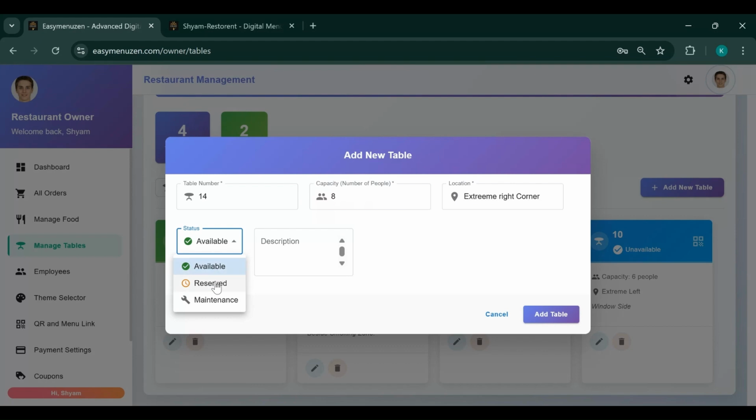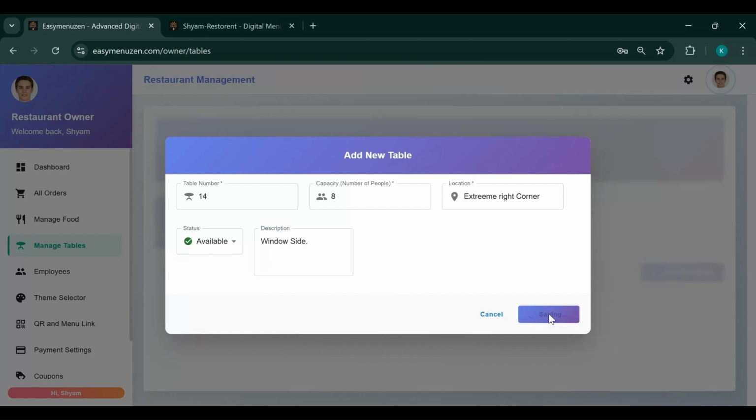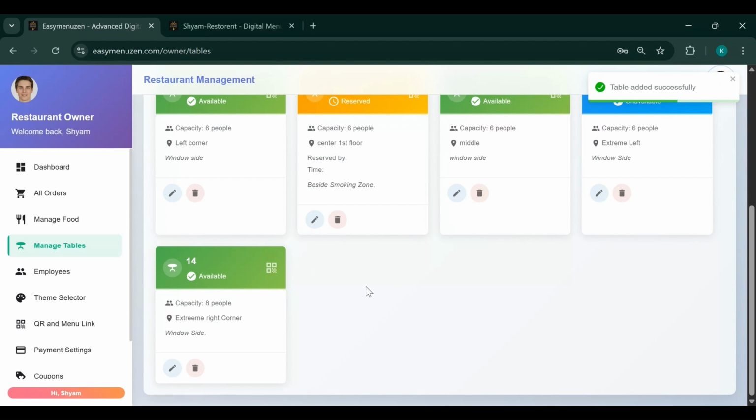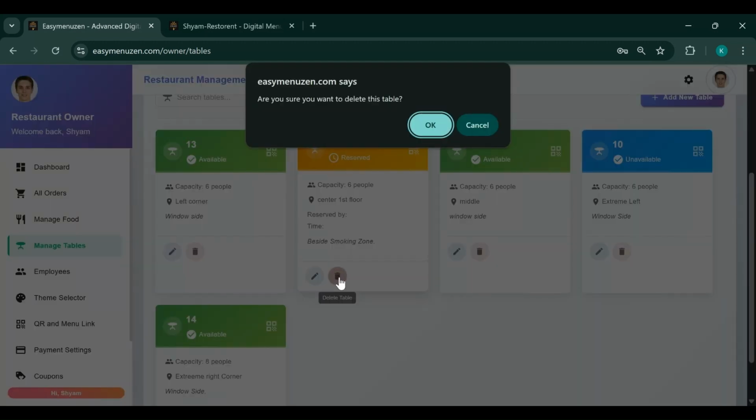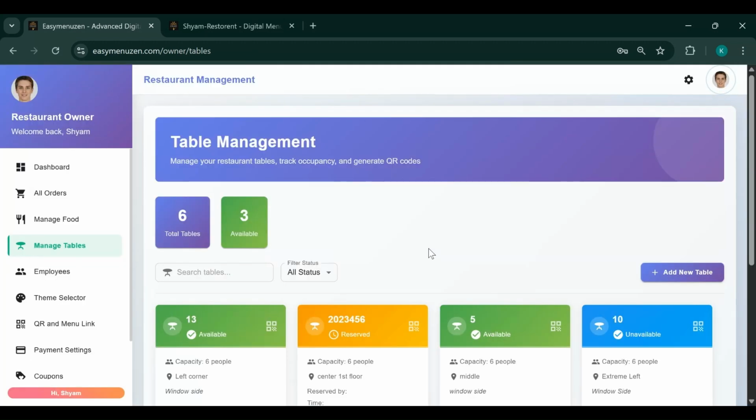and you need to verify whether it is available, reserved or in maintenance mode, and accordingly select this option. For example, let us make it available. And what is the description? Maybe it is at the window side. Somebody may like window seats, right? Beside the window they can see the outside world while eating. Something like that we can give as the description. And if you want to remove a table from the menu, you can easily do so by clicking on the delete button. Okay,